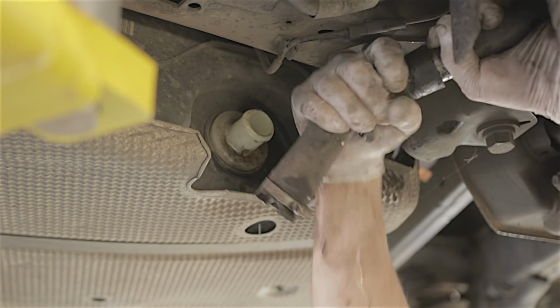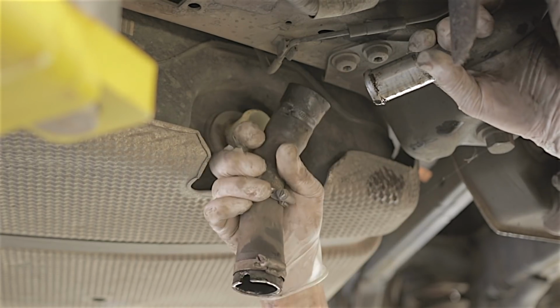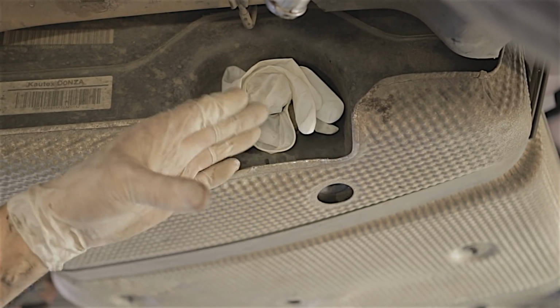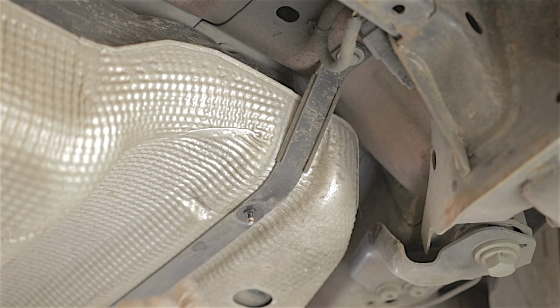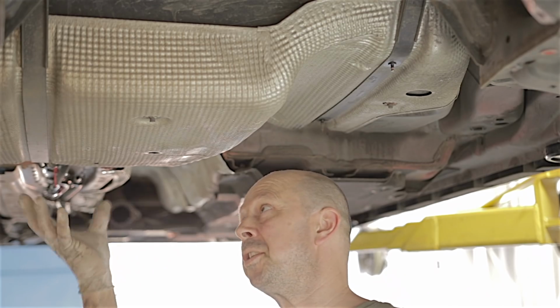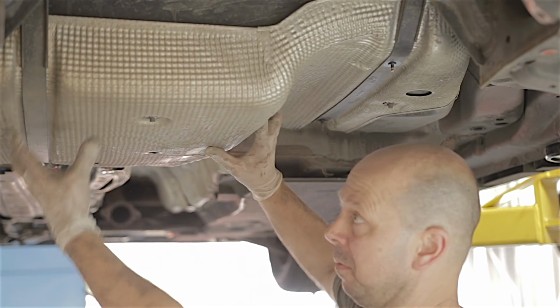Now I can take that hose right out of the way. I've blocked that fuel filler hole. I know the fuel's low in this tank anyway, but just in case, we don't want to get any splashes coming out of there. So all that's left now is 2 metal straps holding this tank up with 4 13mm bolts. So I'm going to put a stand under here, undo these bolts, pull the straps off and let the